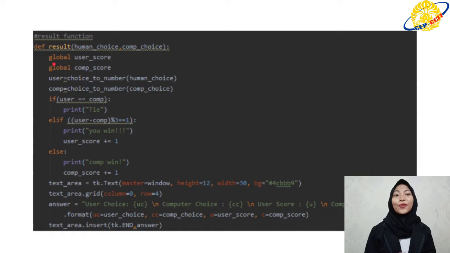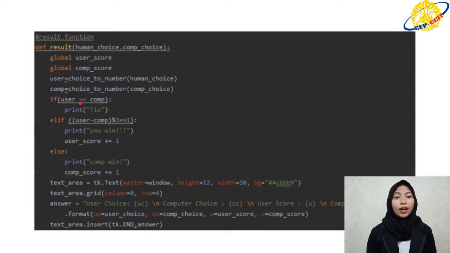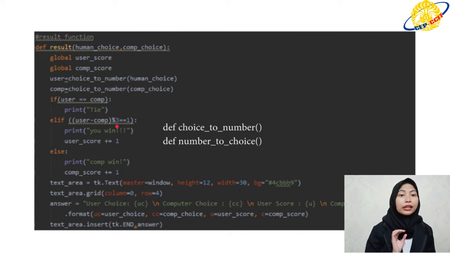In the statement, we take the global variable which is score, and if elif. If user equals computer, print tie. Elif user minus computer, with percent to format string in choice to number and number to choice function,